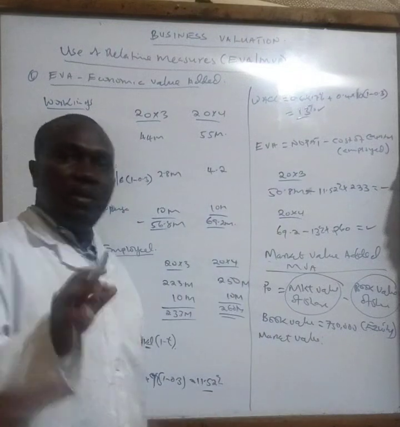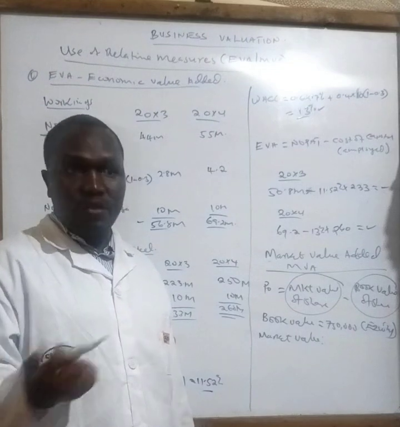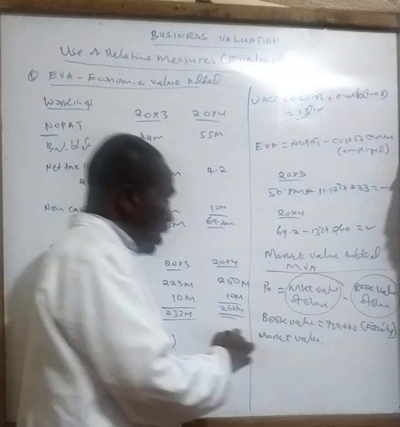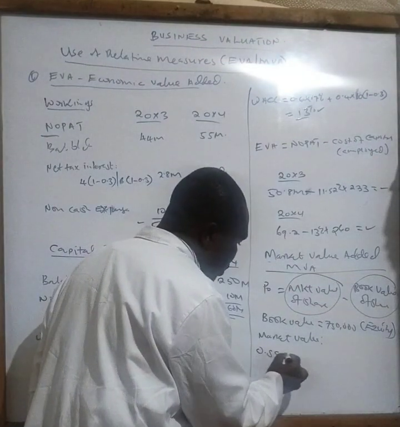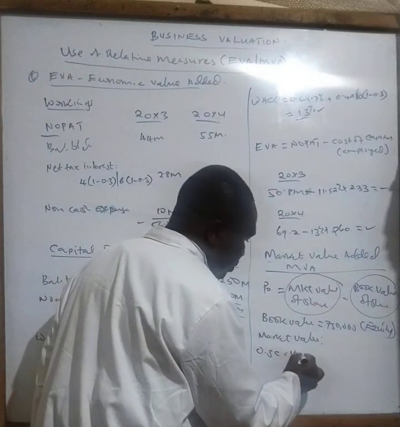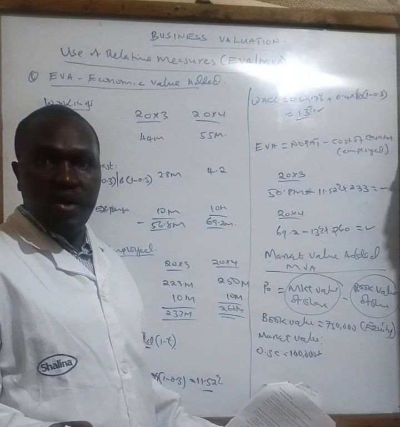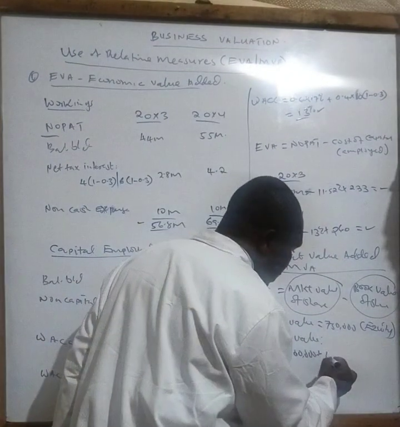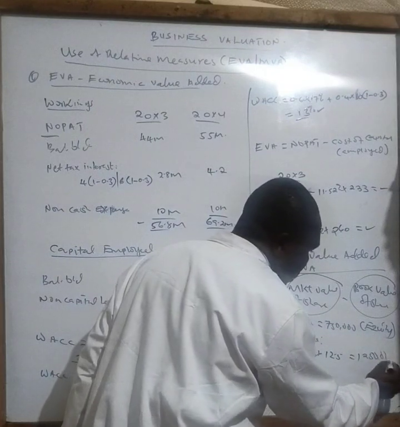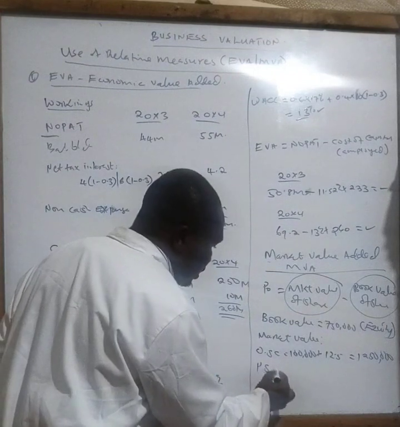Market value here, we take the market price of the shares currently, and multiply by the number of shares present in the market or with that company. So we have the ordinary share capital. In this case, how many shares are there? 100,000, sorry. Then the market price per ordinary share is 12 shillings, 12 and 50 cents. This gives you 1,250,000. Then we have also the preference shares value.